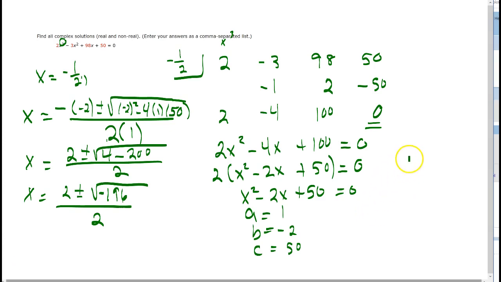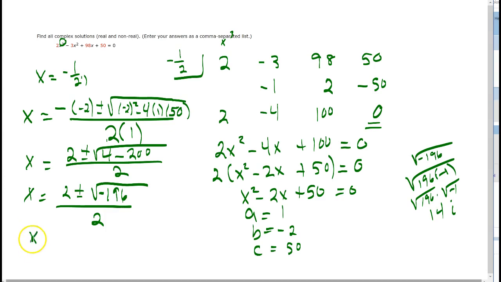Okay, so let's look at that square root of 196. And remember, we can break that down into 196 times negative 1. So that's the square root of 196 times the square root of negative 1, and the square root of negative 1 is i. And 196 happens to be a perfect square, and it happens to be 14. So I'm going to have x equals 2 plus or minus 14i